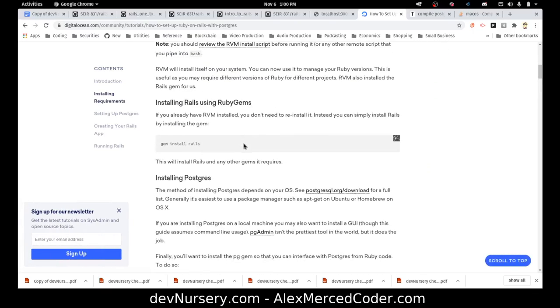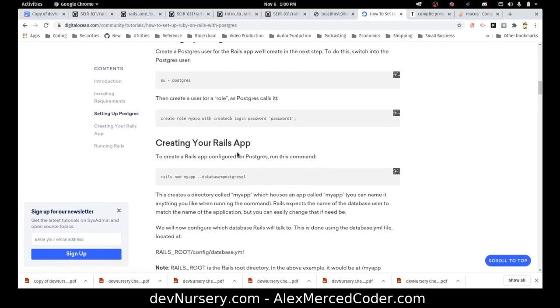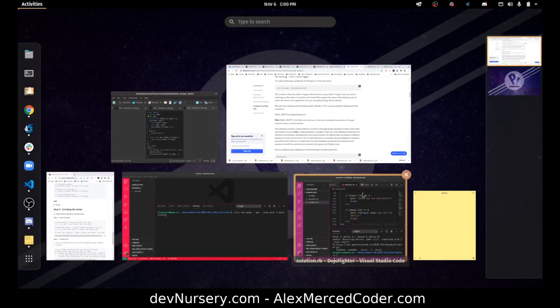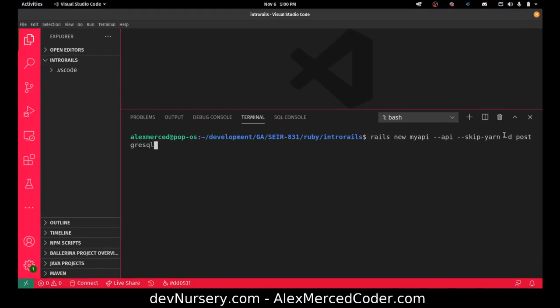Okay, here we go: database PostgreSQL. Let's actually use that. So dash dash database equals